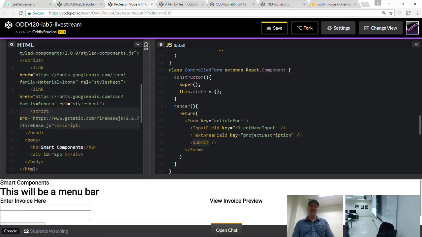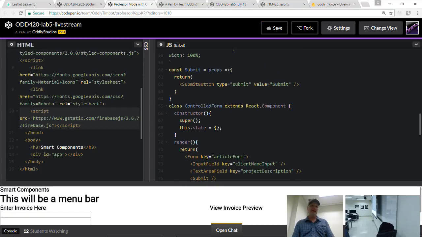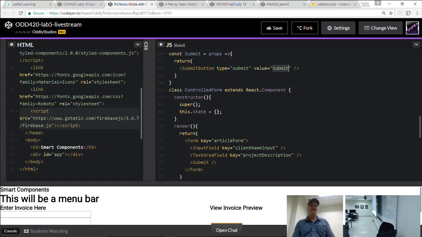So we've made a single purpose component here called submit with a capital S, and he automatically sets the type and the value. And we can just use him whenever we want. Inside, he's returning our styled version. So he's going to pick up automatically any styles we've applied to submit button. So it's kind of like a three-step process here, right? We have our stateless function that returns a styled version of the thing and automatically sets any attributes we need.